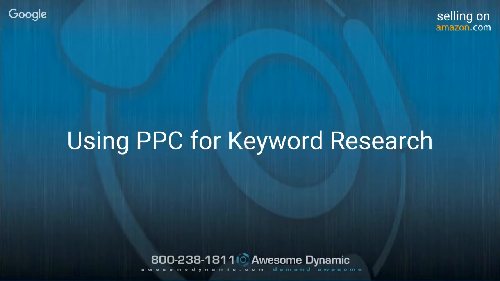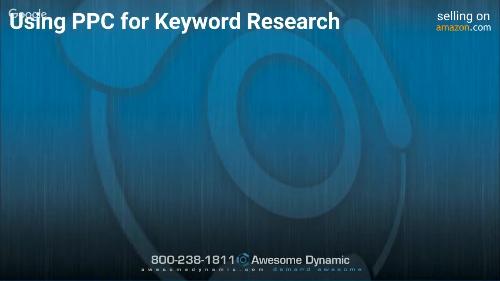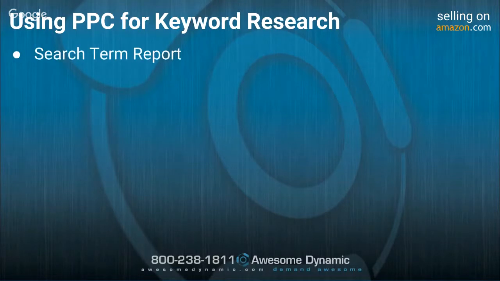And at this point, we just need to kind of tie it all together. And this is something that Paul and Blake and I have already covered and touched on, which is how to really leverage your pay-per-click information to direct some of your changes to your listings, like search terms. So just to give you some examples, what you want to do is, after you've run an automatic campaign